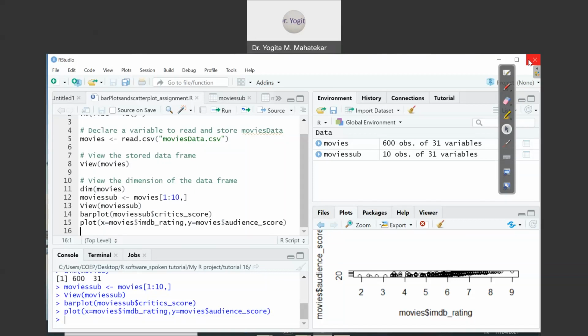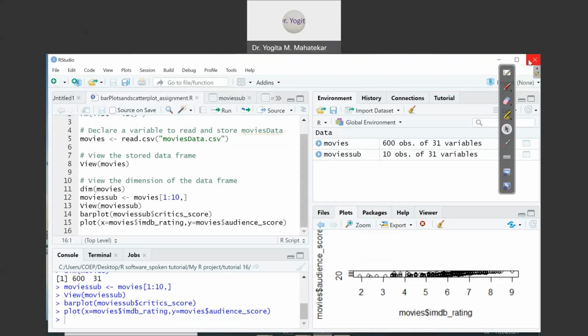So I will insert library, inside the round bracket, ggplot2. ggplot2 is the package that I'll be using for the pictorial representation of the given data set, and it enhances the pictorial representation of the dataset. The ggplot2 package is very useful for enhancing the representation of a histogram, bar plot, scatter diagram, whatever it is. Depending upon the scales also, it will be able to draw or visualize it very easily. So let us see how to use this ggplot2 package.